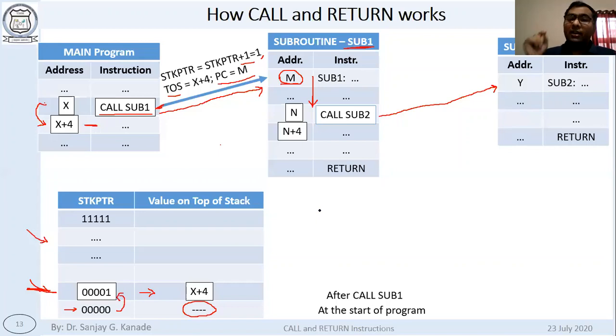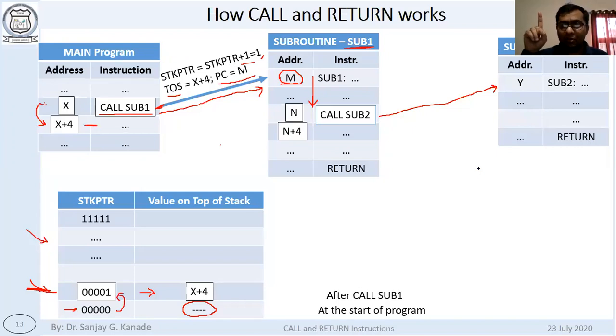Also note down that call and rcall work in the same way. Call and rcall, we have seen both these instructions. Call is a 4-byte instruction in which we can go to anywhere in the program memory space, whereas rcall is a relative call where the subroutine location should be within certain range. Anyway, when we are now faced with call sub 2, the same thing should happen.